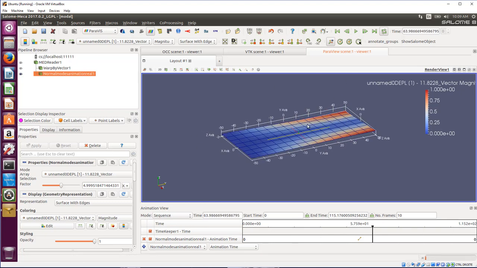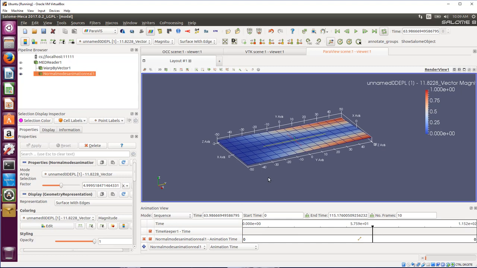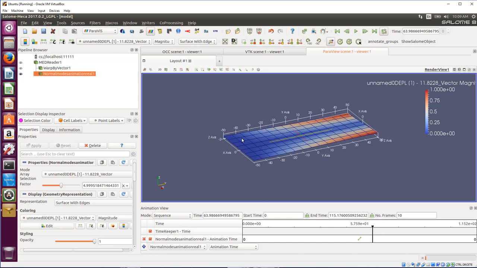Okay, now there's one thing more I'd like to show you, which is how you export those results inside a text file. So let's say you're not very interested to look in details at how those modes look. You just want to get the 10 modal frequencies in a text file. Let's do that. Let's go back to Aster-Study